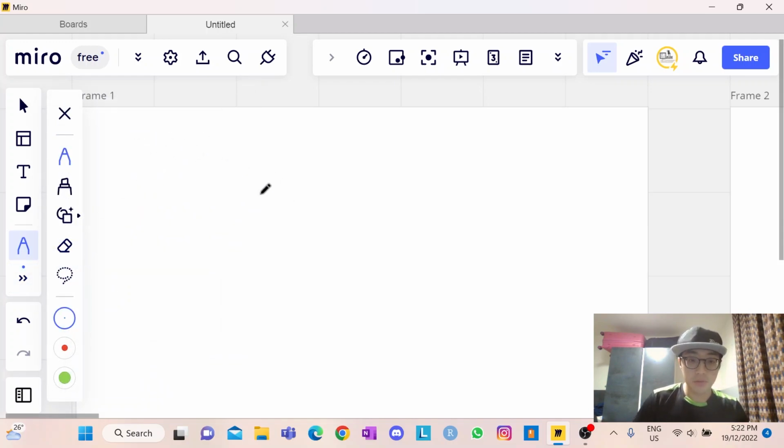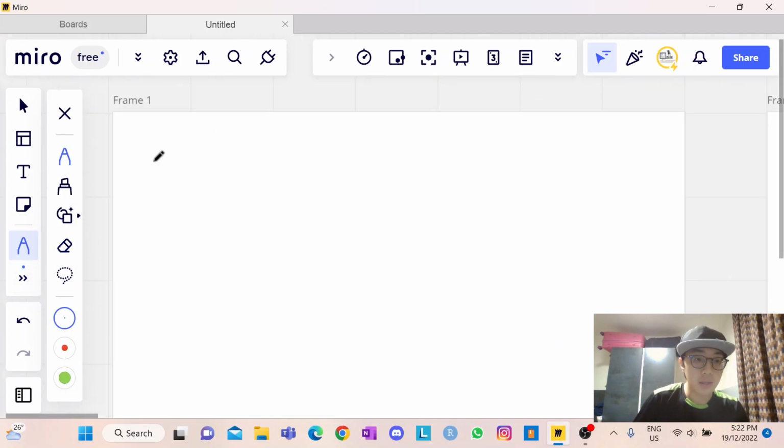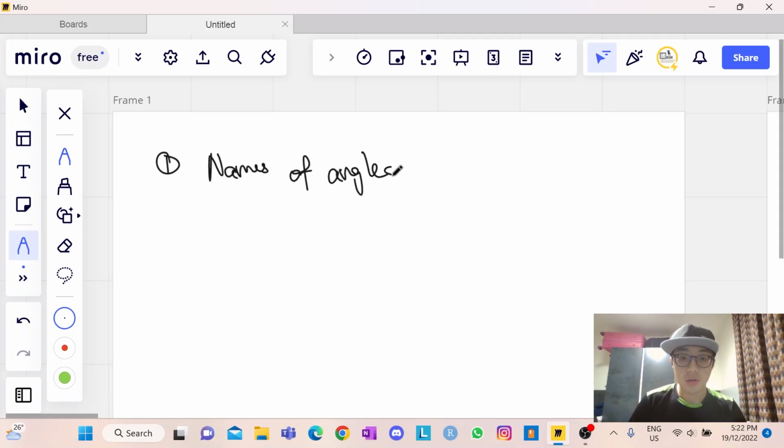So for the first one, we are gonna be looking at different names of angles. Okay, so number two. After that, I have to mention in the syllabus there is like drawing lines or triangles